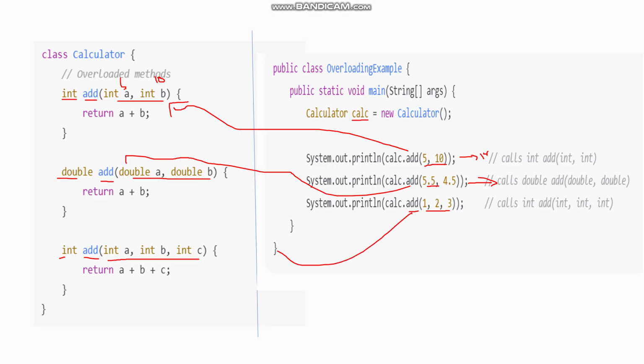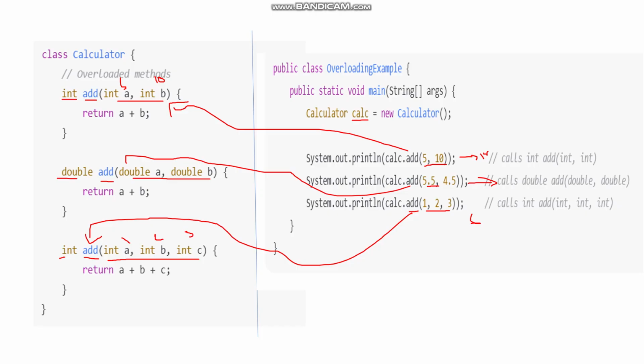The control goes to the method which has three values. The A value is 1, the B value is 2, the C value is 3. Return A plus B plus C, 1 plus 2 plus 3, the value is 6. After this, the control will go to the add method which contains two